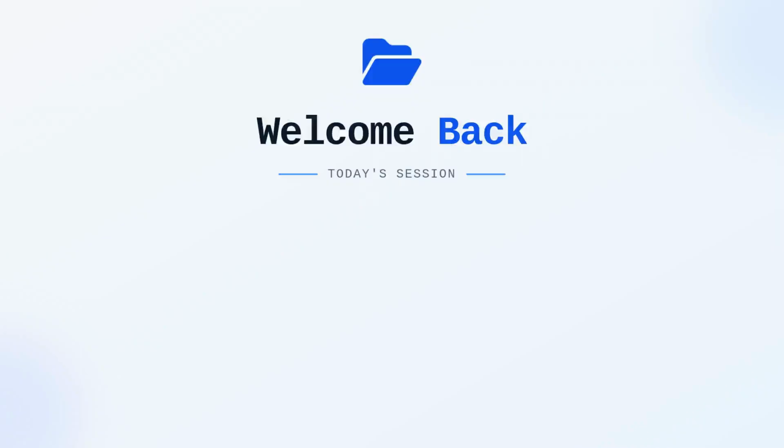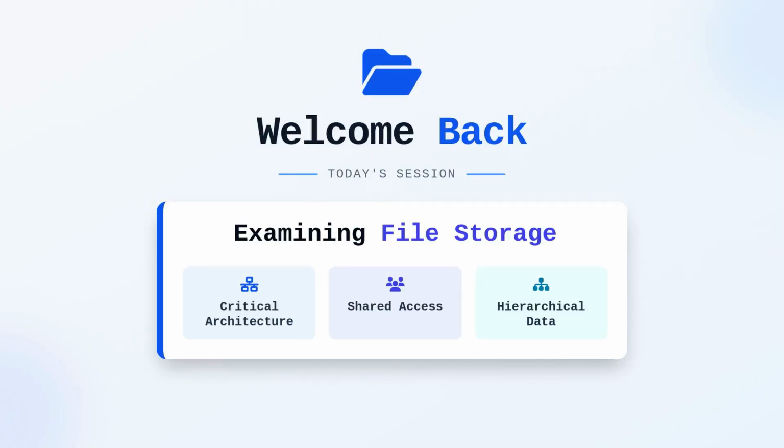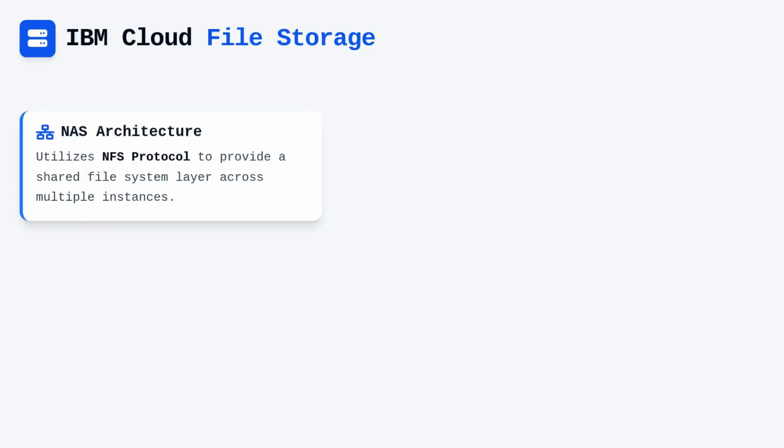Welcome back. Today we examine file storage, a critical architectural component for shared, hierarchical data access in the cloud. When we design systems that require multiple compute instances to interact with a common set of files, a NAS, or network-attached storage model becomes the logical choice. IBM Cloud File Storage provides a high-performance, network-attached storage solution that communicates via the standard Network File System, or NFS